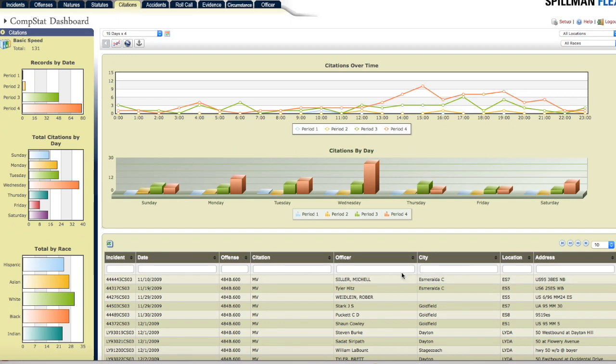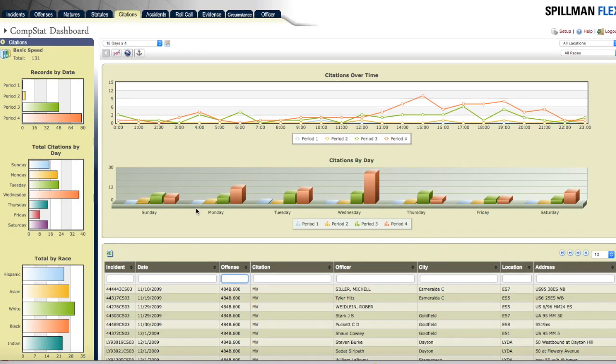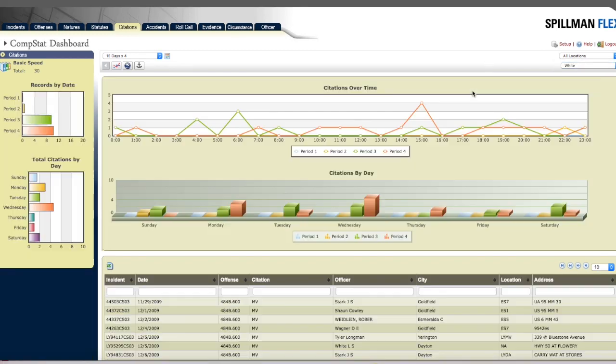You can search on, well, what's this offense code? You want them to write certain speeds or certain information, so you can see the day of the week, time periods, things like that, totaled by race and by the periods. You can also break it down by race if you wish. So if you click on that, it'll show you the number of tickets by the race